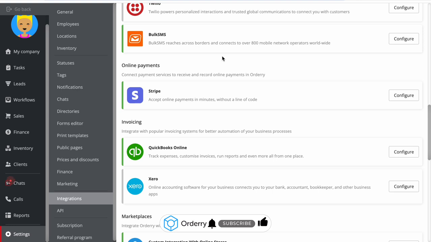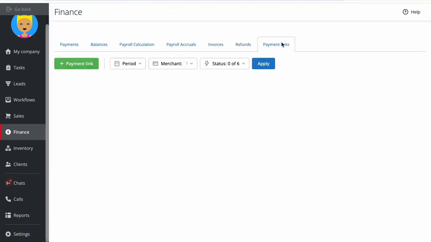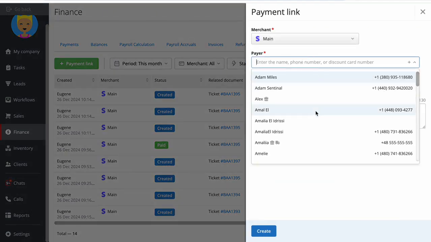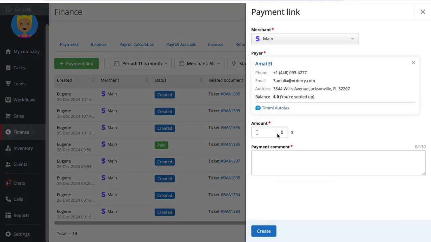Hello everyone, in this video you will learn how to connect Stripe to your account and start accepting online payments. With this integration you will easily manage your transactions. You will be able to generate payment links and send them automatically through notifications or manually via SMS, emails or